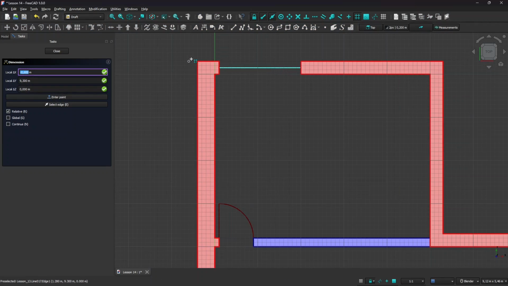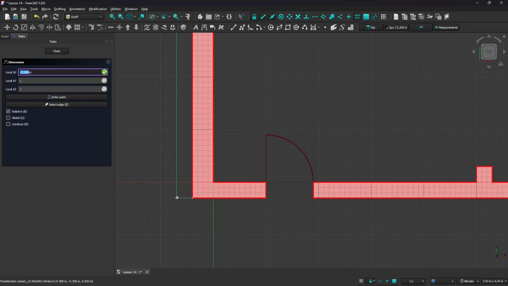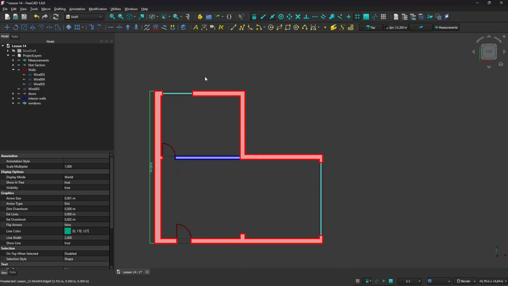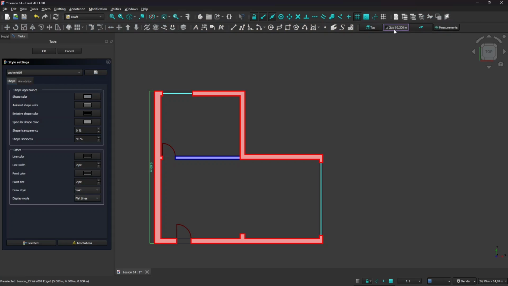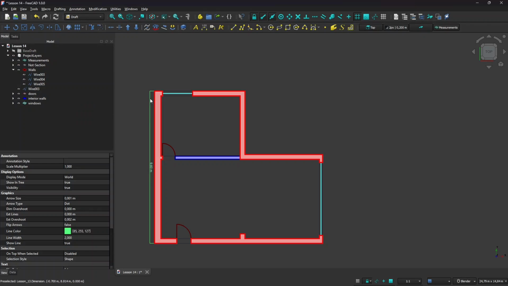So I can still use the grid because that's handy, or I can use the endpoints to snap, and the grid to position every line here to the correct distance. And well, this is already looking good, but this is because I created these settings here. We have a style that we can define in here, and right now I can choose to use a style that is this one here, which I actually created, but we have preset styles here. So if you have a preset style and you want to